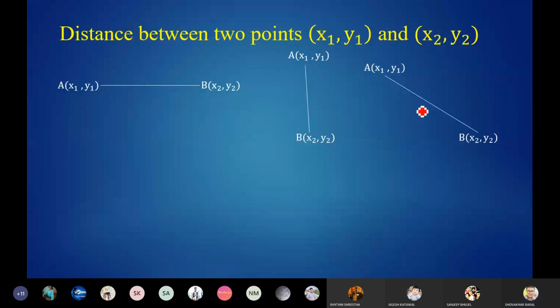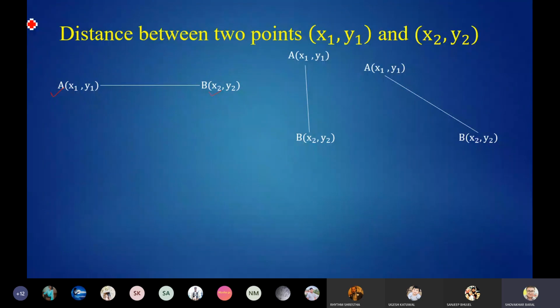Okay. Suppose I am in the middle of the ocean, and these are the two coordinates that I know, and I am going to find the distance between them. If I need to find the distance between them, it's not always possible to measure it with a measuring tape or with a scale. So what we need to do is use some mathematical technique.